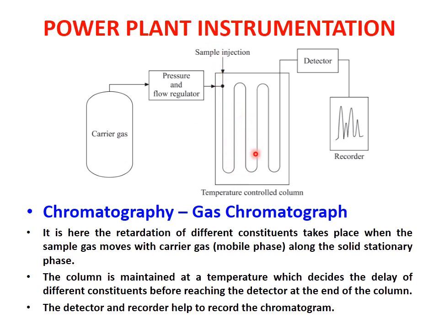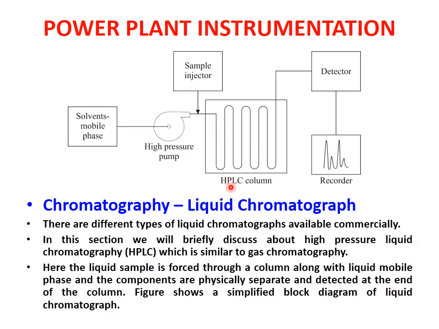So here, when the sample injection is passed through this temperature controlled column, the retardation starts at one point. In the last slides we have seen that there are 4 points, 1, 2, 3 and 4, which give us the actual process of the retardation of the different constituents. So it is this area where the retardation takes place, and this is detected by the detector, and the detector will give us the signal to plot the chromatogram.